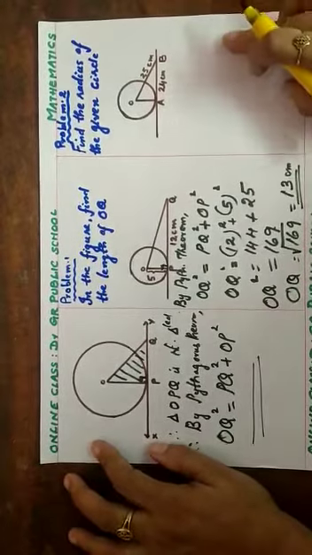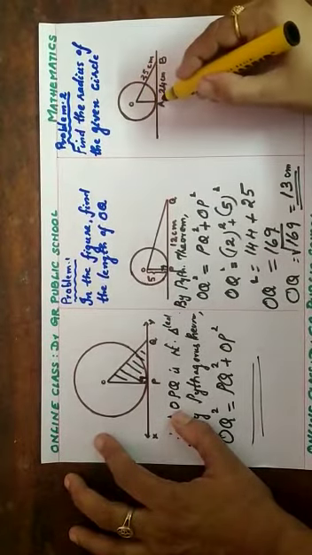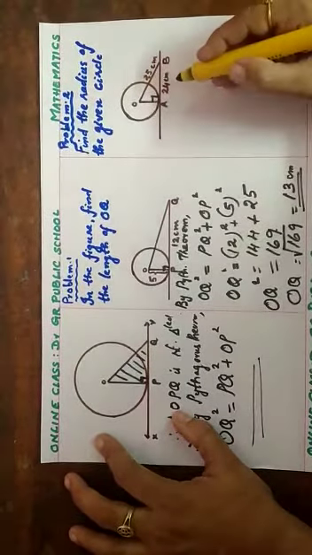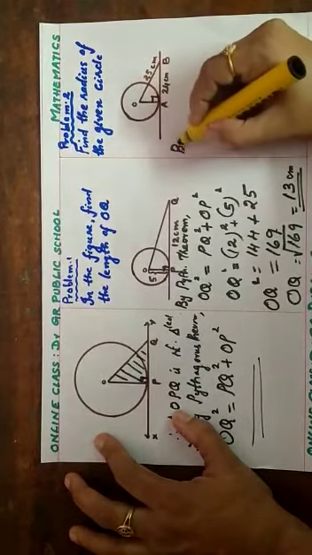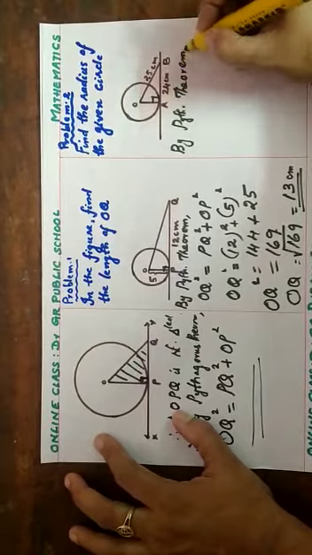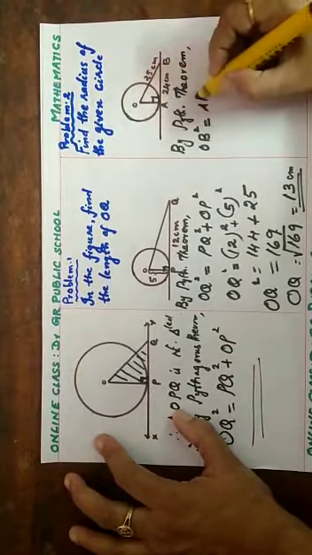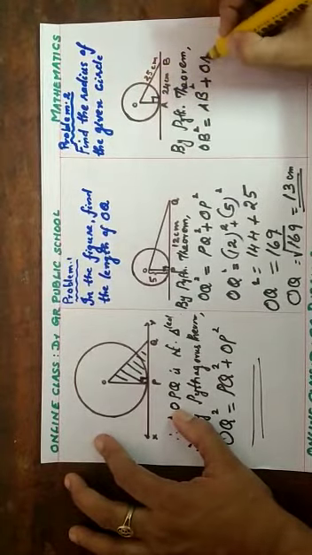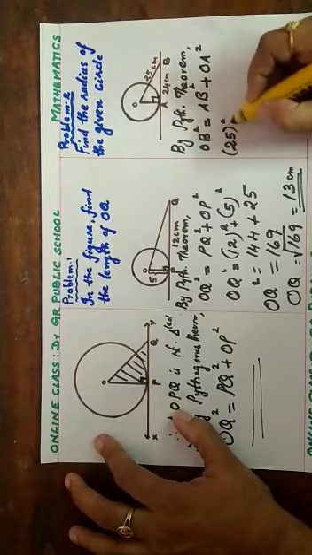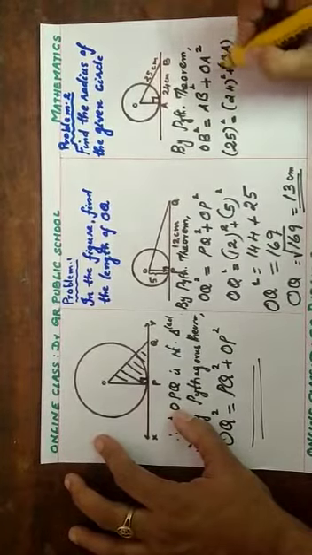Okay, come to this question. Find the radius of the given circle. Here also a circle in which a tangent and a radius are given, so you can take that angle as 90 degrees. Am I right? Again apply Pythagoras theorem. By Pythagoras theorem, the hypotenuse is OB. Hypotenuse OB square equals the base AB square plus the altitude OA square. Substitute the values. OB is given as 25. So 25 square equals 24 the whole square plus OA square, that you need to find.